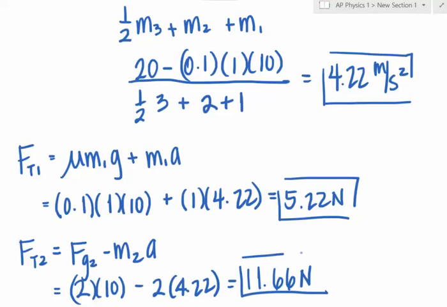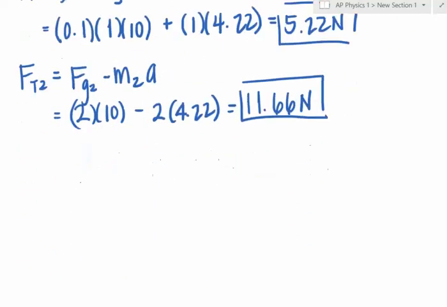Holy cow. Those tensions are way different. And the last one we did, the tensions were a little bit off, right? 24 and 23. And this one's 5. The other ones are almost twice as much. Why? What was the big deal? What was the big difference? Oh, they were both hanging off. They were both hanging, but what was